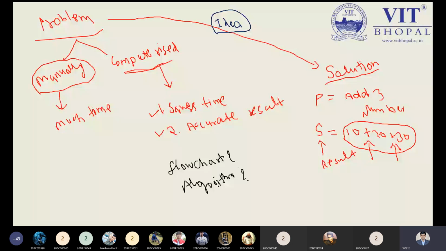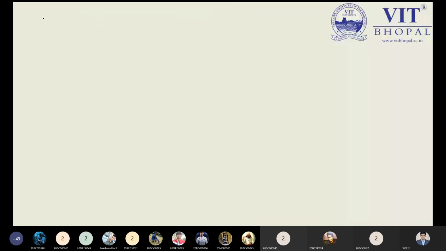Now, first point we have the flowchart. But before jumping to the flowchart, we have the algorithm. Now, what is an algorithm? What is a flowchart? Before understanding this part, let me explain to all. A solution can be represented in two different ways in the computer science system. So now I can write over here: a solution.